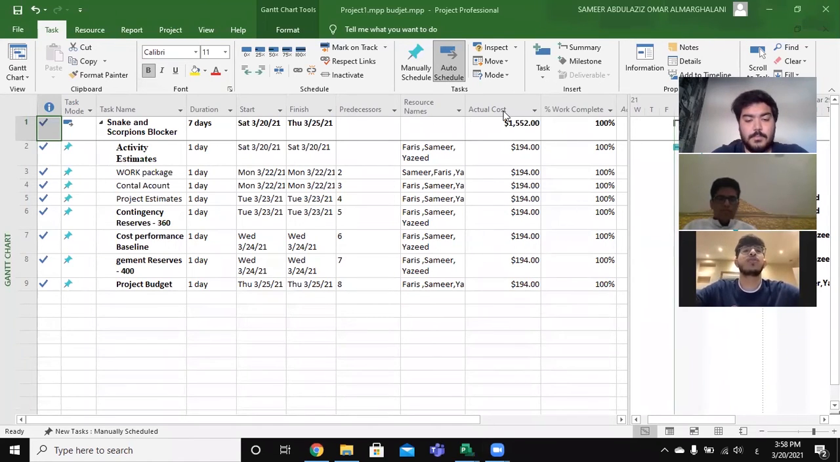And now let's talk about the important things in any project you want to do. It's the budget. Here, as you see about the budget in our project, the duration of the budget we do, and the plan we are doing is 7 days. Okay, and the activity estimate is 1 day, start about